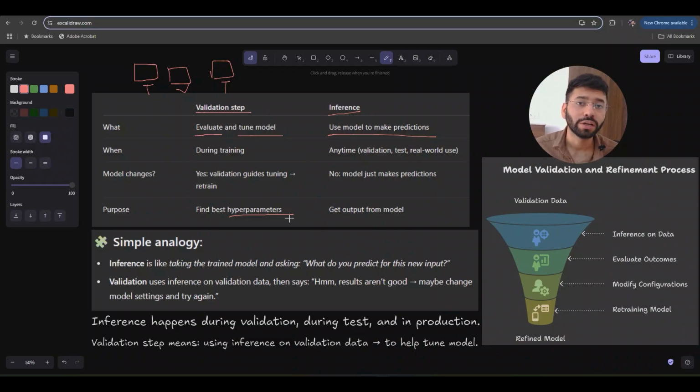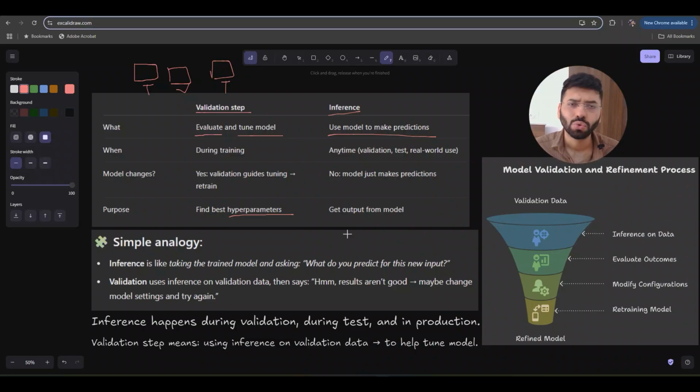Say for example you were doing LeetCode problems, okay, your settings were like you were taking around 1 hour to solve a medium question, but then you go to the contest which acts as a mock interview, that is the validation step. In that you realize that you had 2 questions to solve in 1 hour, but you took 1 hour to solve just one question. So it was your setting that you need to modify. You need to understand that you need to solve the problem in 25 minutes. So you update your hyperparameter based on that. Like from now you just need to solve a problem in 25 minutes. That's your new target. So that kind of thing you update in the validation step in dataset split.